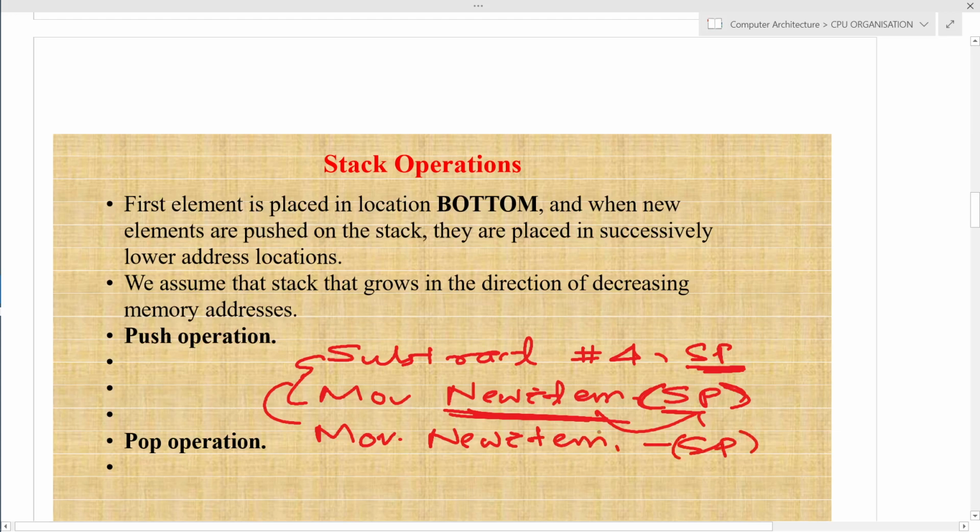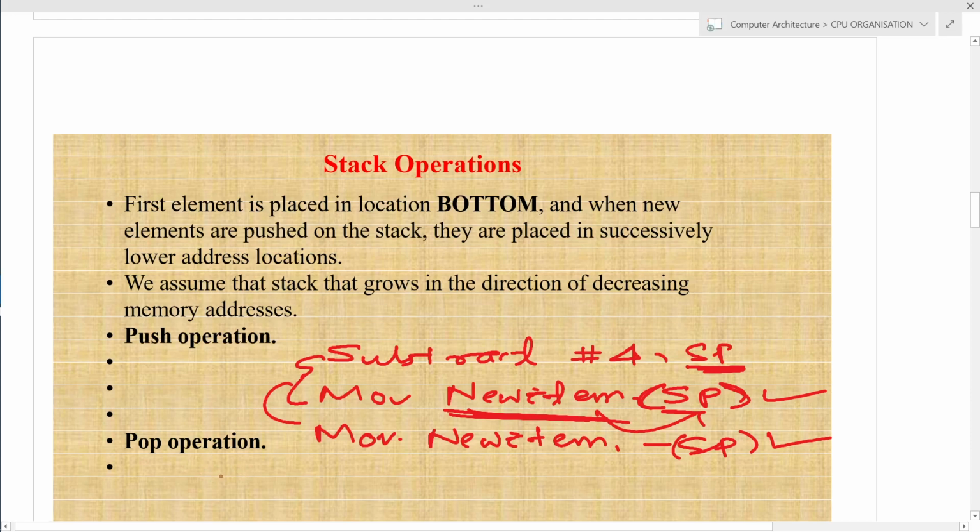You can use either approach: the single statement that decrements the stack pointer, or subtracting 4 from the stack pointer and then moving the new item to the stack pointer location. In the same way, the pop operation can be performed by moving the content of the stack.